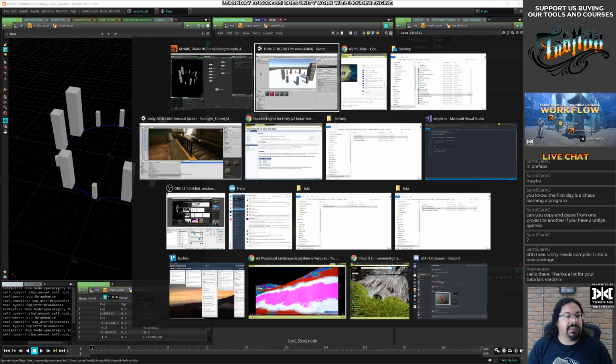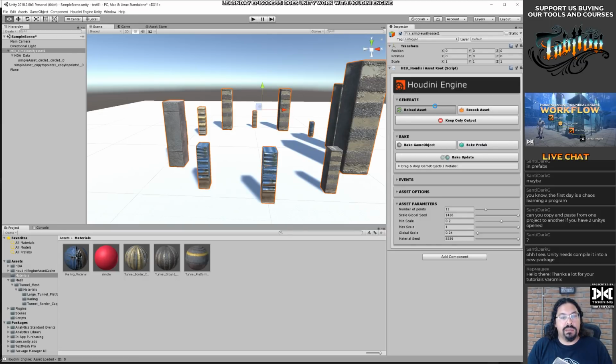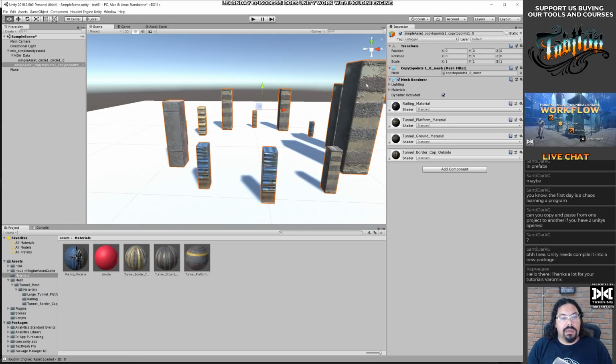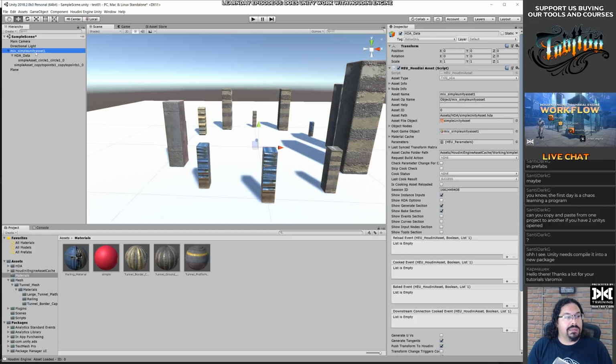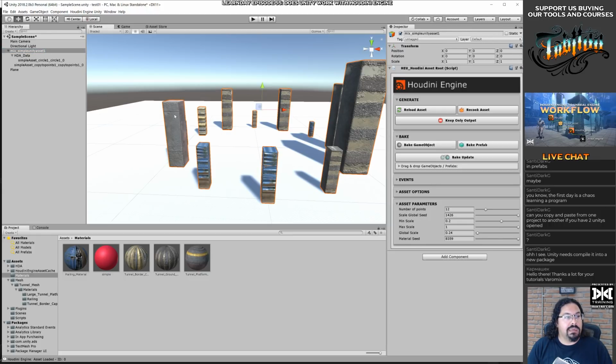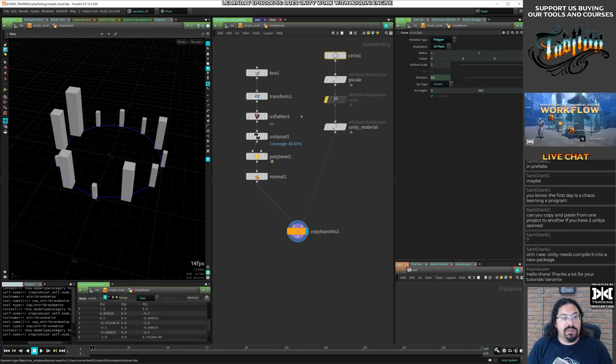I always forget to save this and reload. And now it's going to show me my curve, right? Where's my curve, Unity? It's not showing me the curve. Okay. Maybe it doesn't support closed curves, so let's just open this.